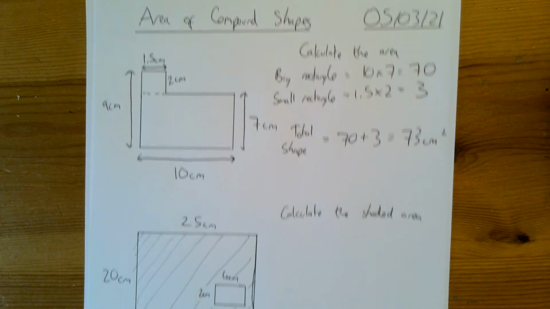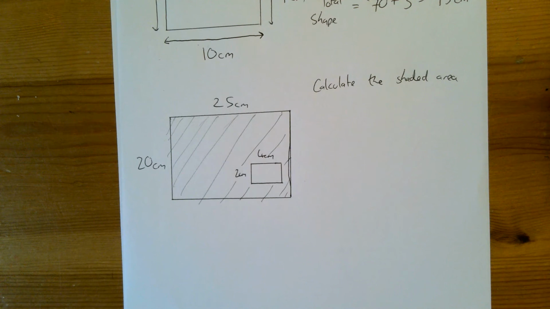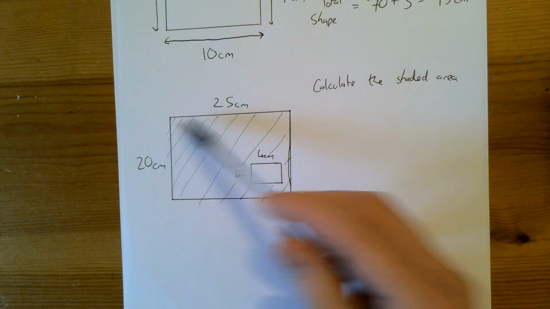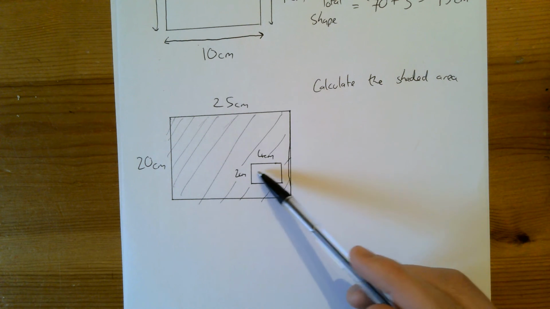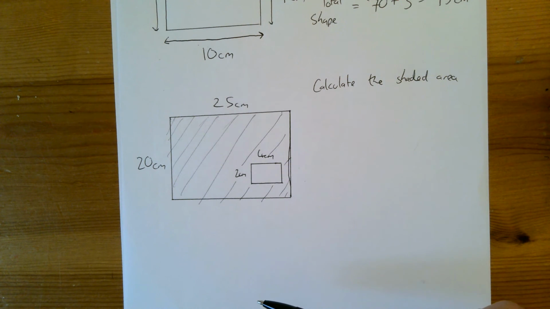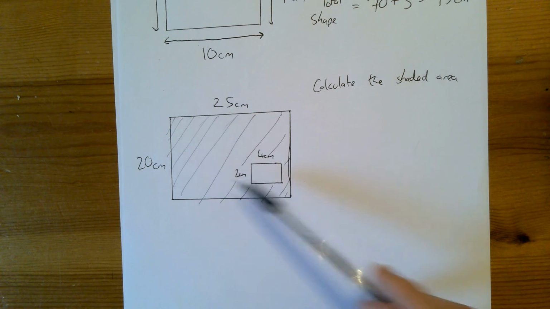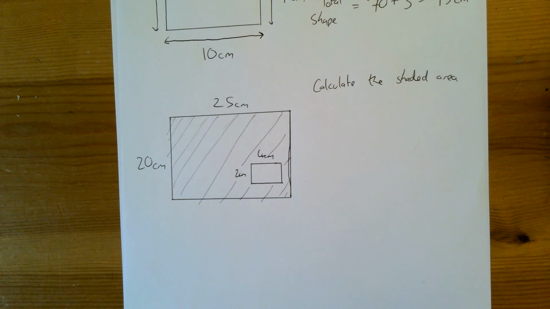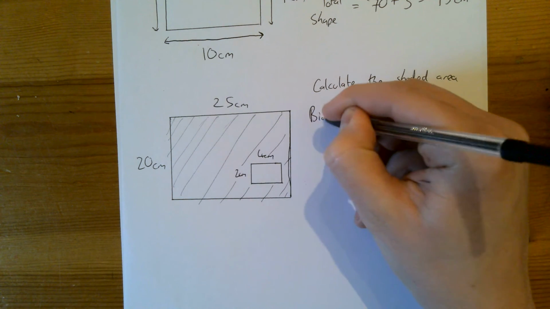We'll go through one more together. You don't need to make a note of this one, but you can if you wish. Some of you might like to have a go at it. This is sort of the opposite really. So here we've got a shape where it's got a big rectangle, then with a small rectangle cut out. And we don't want the whole big rectangle, we just want the shaded bit, the bit with the small bit cut out. So I'm going to start with the big rectangle,